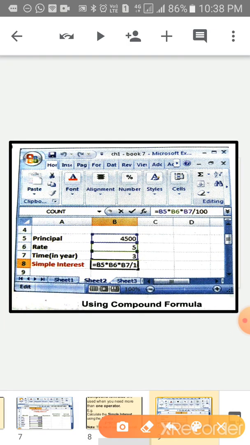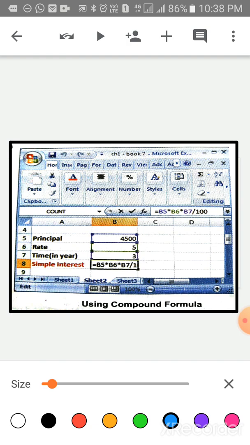Now children, look at the screen. This is the screen of compound formula. As I told you, the columns are indicated by alphabets and the rows are indicated by numbers. So B5, the principal, is 4500.